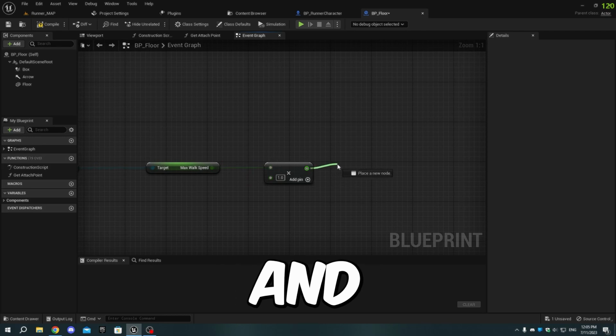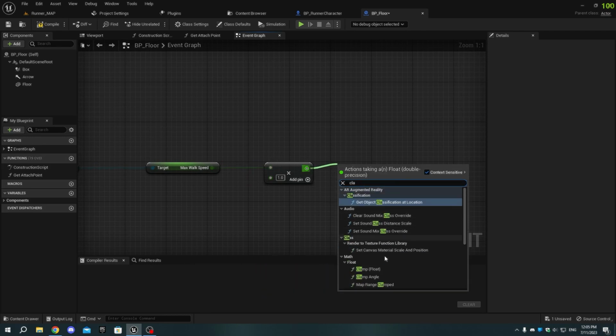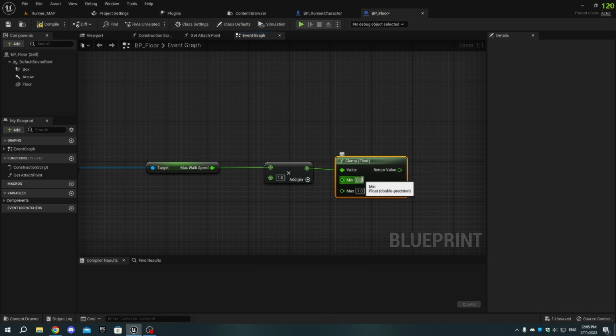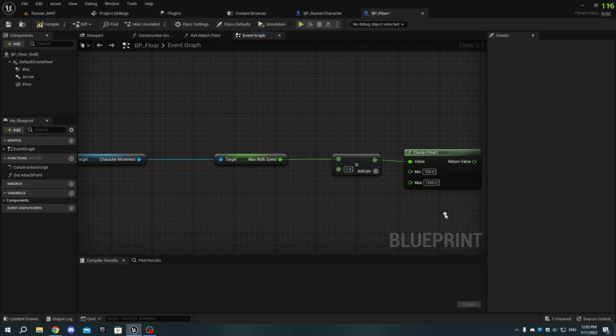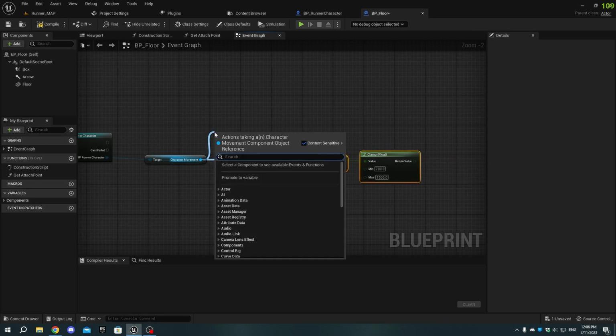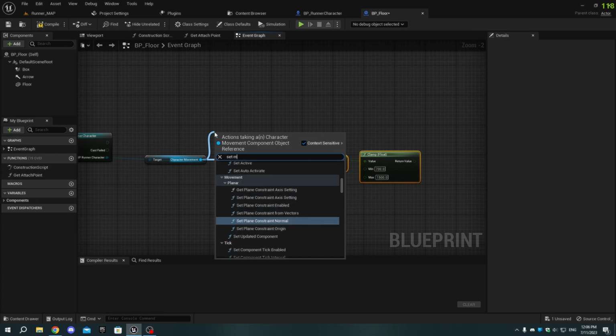And add a clamp node to set the minimum value to 700 and the maximum value to 1500 or 1700. From the getCharacterMovement, add a setMaxWalkSpeed node and connect the execution pins accordingly.